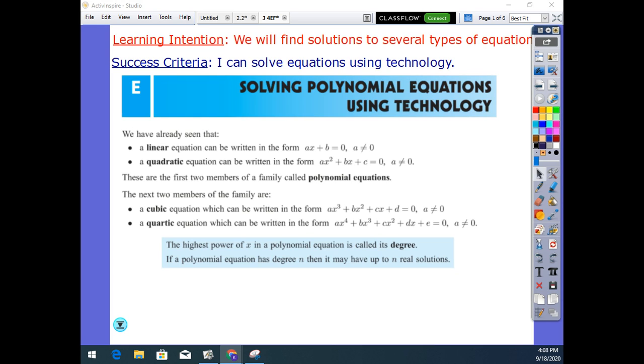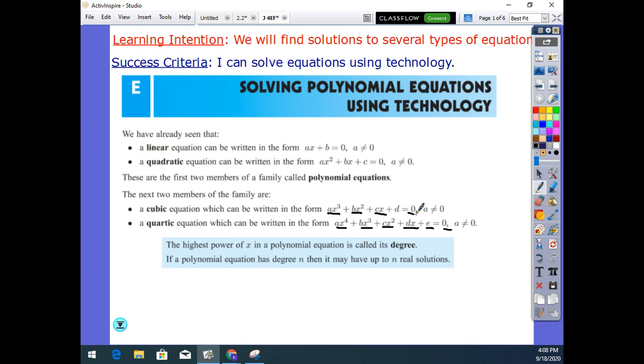Okay, so you're going to need your calculators for this. We're going to solve polynomial equations on the graphing calculator. So first we just want to build a couple definitions. First of all, polynomials are basically no fractions. We have the form of all x's in the base with exponents. These are all polynomial